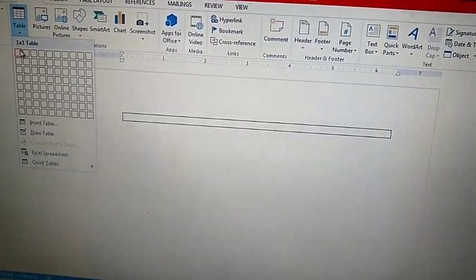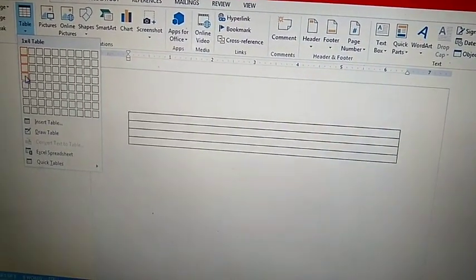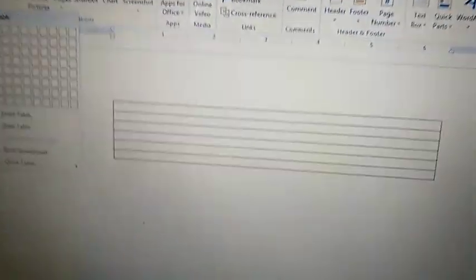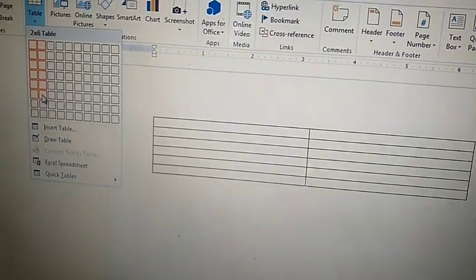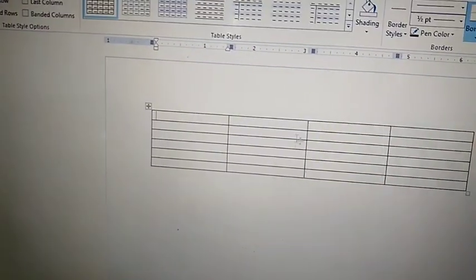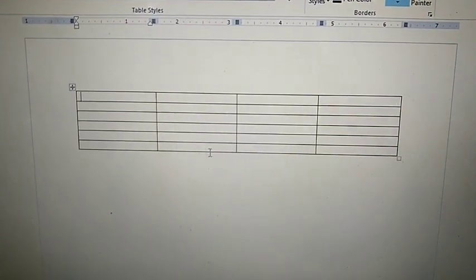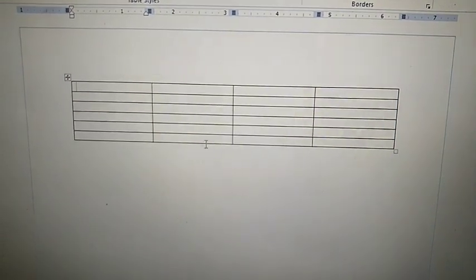First you will choose 6 rows: 1, 2, 3, 4, 5, 6. Then you will choose 4 columns. Like this, now you will get a table with 6 rows and 4 columns. So this is the method to create a table using the grid of boxes.